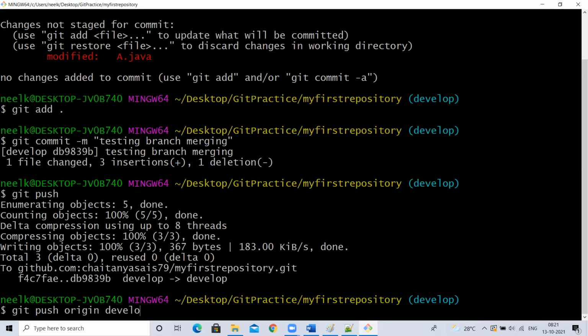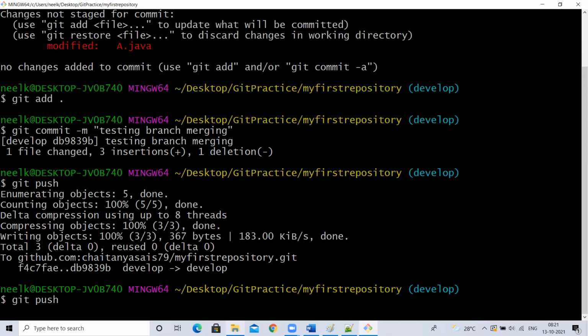So these two are optional. Branch name, if you don't give it, it will treat it as the current connected branch. So it will push the changes from your current connected branch to that GitHub repository branch with the same name. If you don't give origin, no problem, it will take the default origin. Okay, I pushed it already, my changes are pushed.